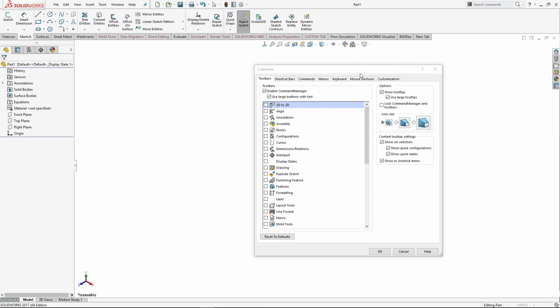So the purpose of these custom tabs is maybe you want to have your uncommonly used features here, or maybe it's where you have a certain group of commands that you're using quite often and now you can sort them